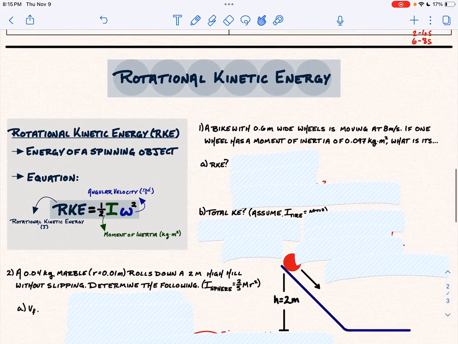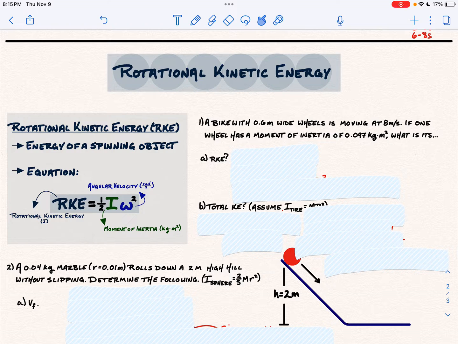The final topic of the day is going to be rotational kinetic energy. Rotational kinetic energy is the energy of a spinning object. The equation for it is just like translational kinetic energy, but instead of being 1/2 mv squared, it's 1/2 I omega squared. So the first example is a bike is rolling,